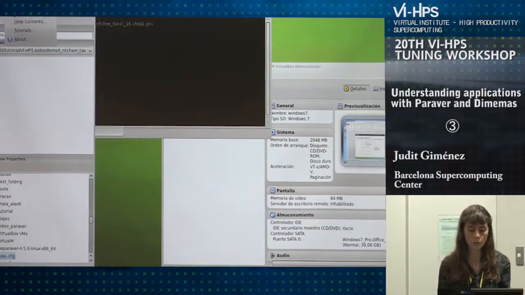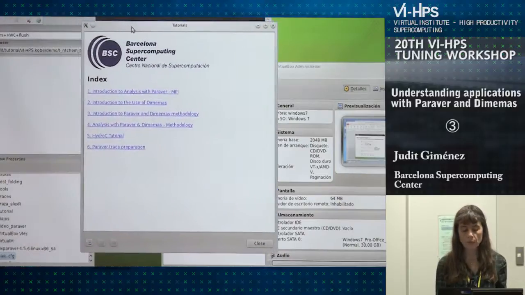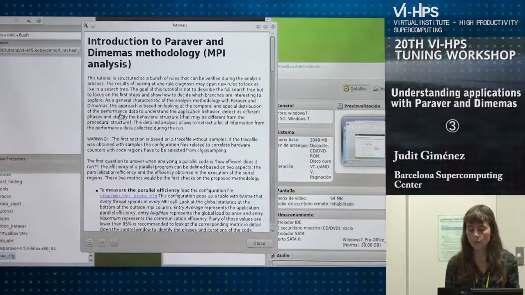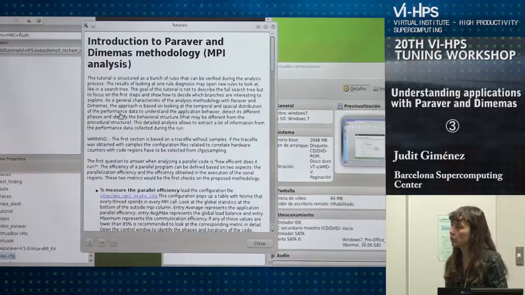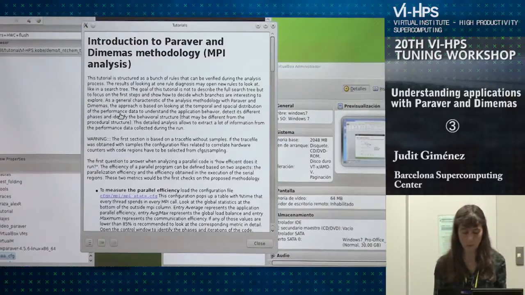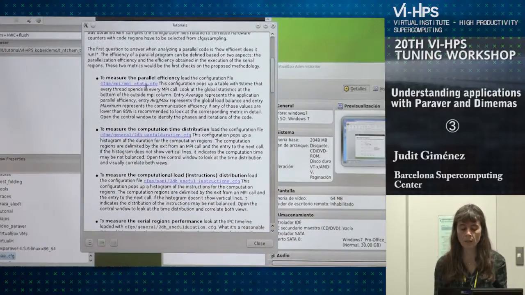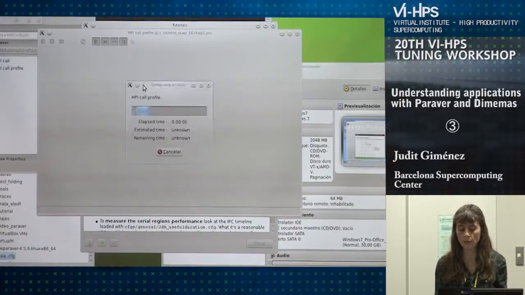But basically, you go to Help and Tutorials, and you get a list of tutorials you can apply. As I said, numbers 1 and 3 are the good ones to start. I will start with number 3 just to get an easy way to the configurations I want to use. You can go through it, read the tutorial, and get insight on how to interpret the data you get. But basically, when you identify a link, you can click on it, and it will open